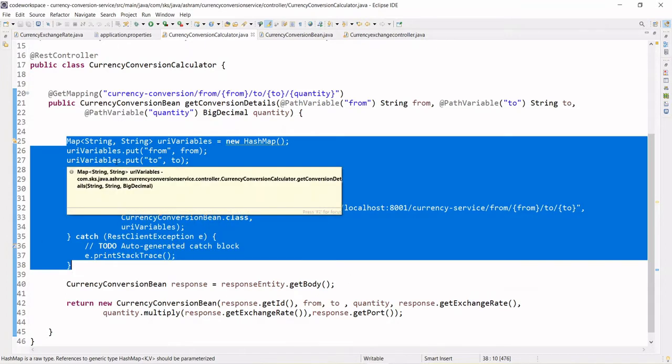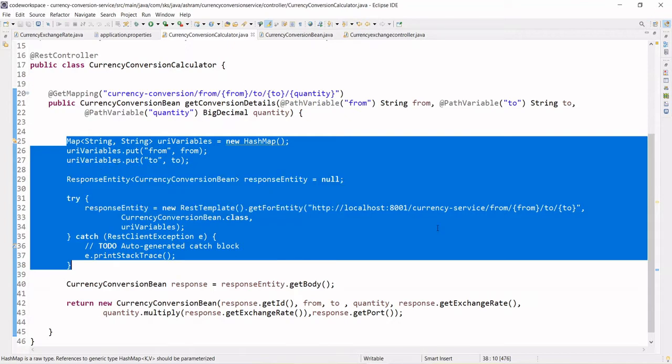You will see how easily you can call the microservices using the Feign client to get the response. The other problem that Feign client solves is load balancing. Ribbon is basically used to balance the load at the client side. So using Ribbon, with the help of Feign client, we'll see how you can balance the load. Suppose multiple instances of the currency exchange service are running. How will the currency conversion service distribute the load? These are the two problems the Feign client solves.